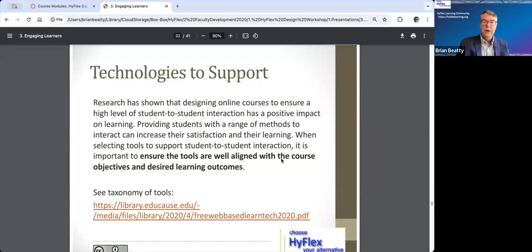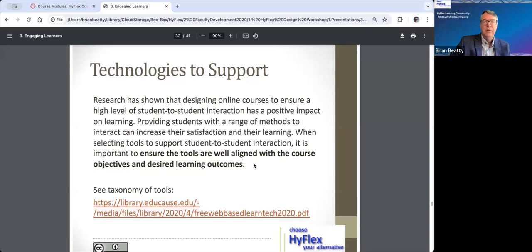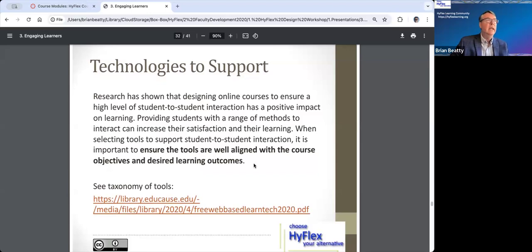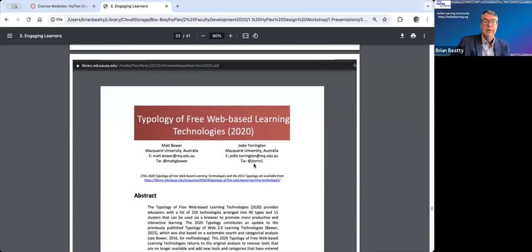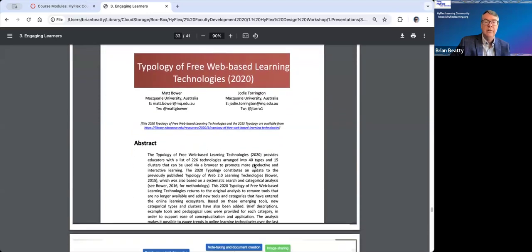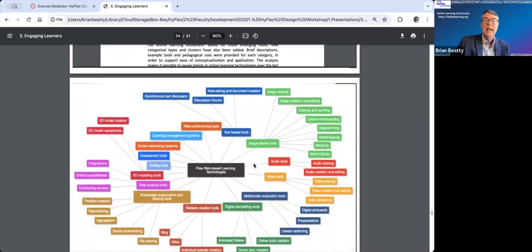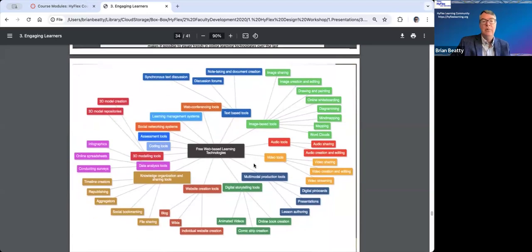evaluation. You know, it's because students can understand how they're learning better as they interact with each other and test out ideas and hear your feedback. You provide your ideas, etc. You can use them for lots of reasons, but they're basically all tools that'll help you create an interactive, engaging environment. Now, when you do choose technologies, here's the list here. It's really a nicely done paper, very accessible, and has a whole list. This is an example of what's on the list, the different areas of technologies that they found to be available